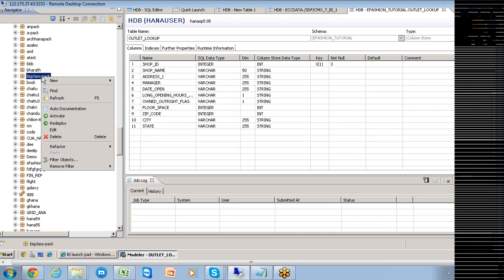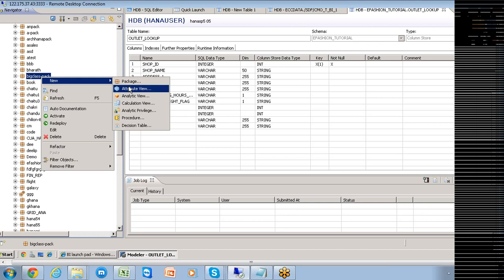Select this one, right click and specify new, which is going to be your attribute view. Vijay, we are also discussing, right? The navigation you have right now is different from the navigation given in your certification materials. Why? Because the certification material is not a standard updated one. It is based on the previous versions of HANA, but the version of SAP HANA you use is going to be SAP HANA 5. That's why it is going to be different.